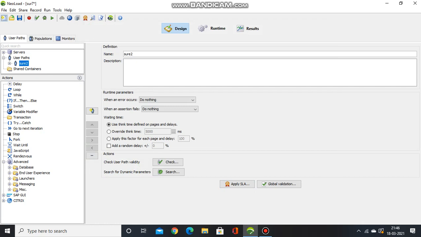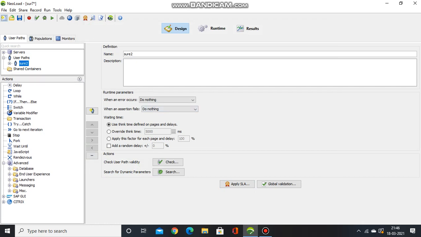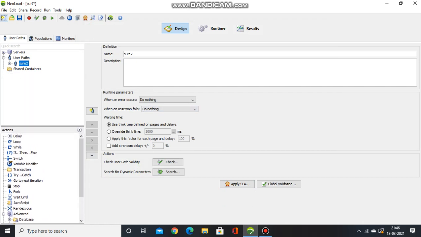So now what I can do is, once the script is created, it will appear over here on the left hand side at the top. So when you go to the top, all the actions we have performed are under actions.